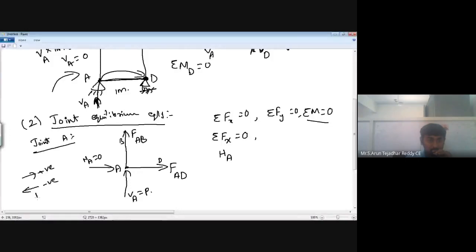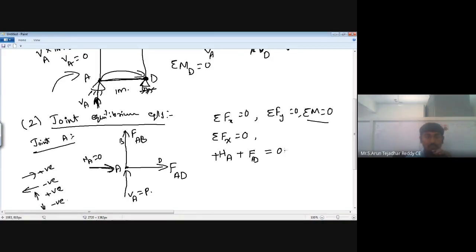Don't forget about the directions. See, your first horizontal direction is towards the right side, so I am taking it as positive. Next one more horizontal force, FAD, is also on the right side, so I am taking FAD